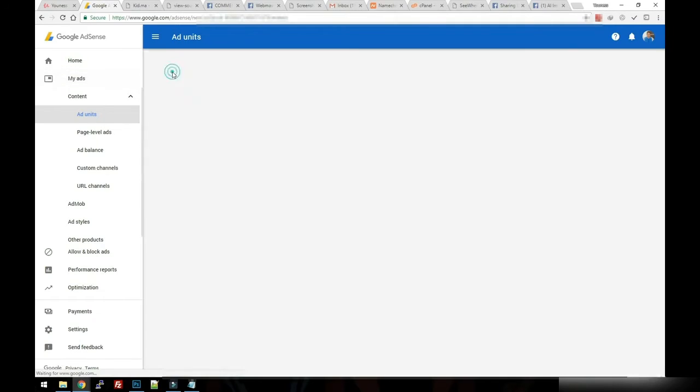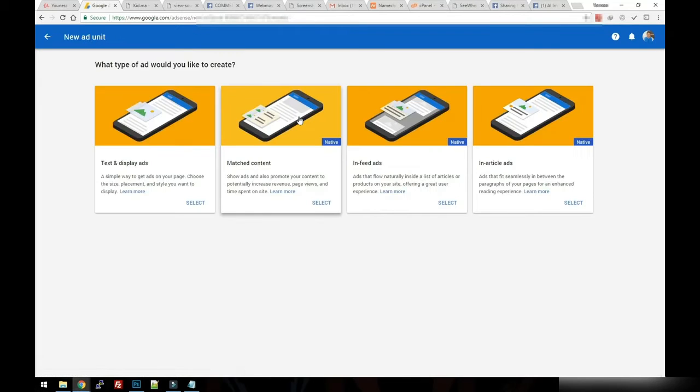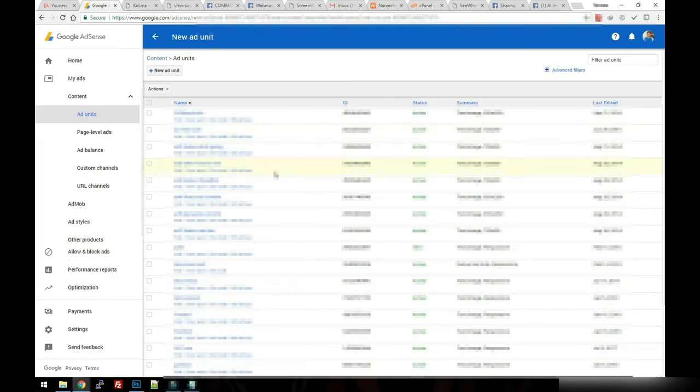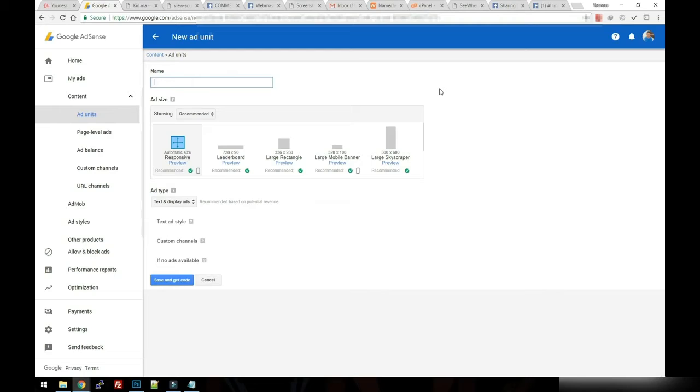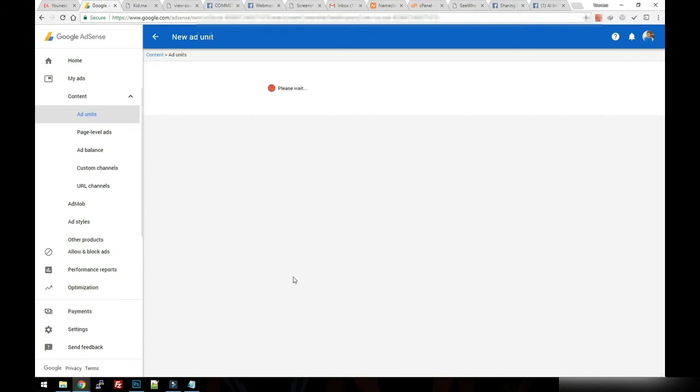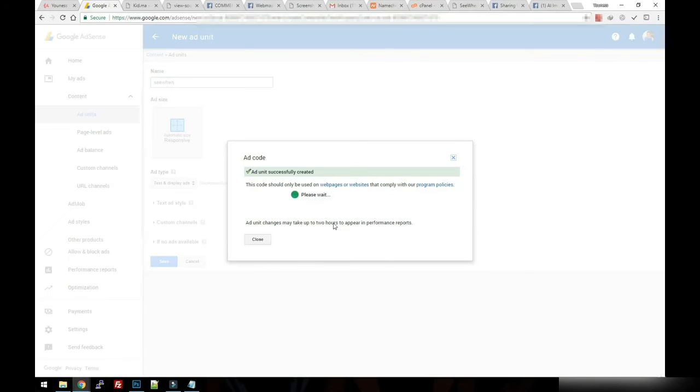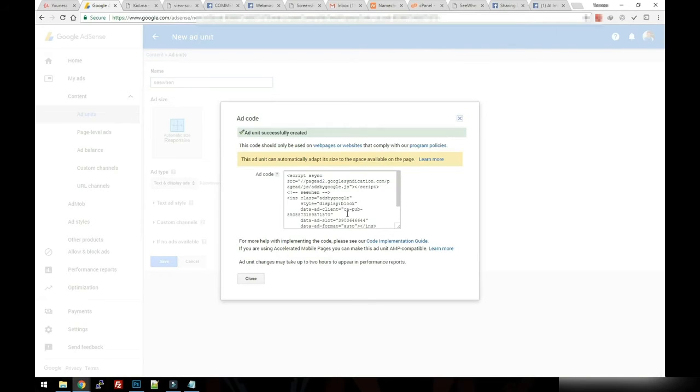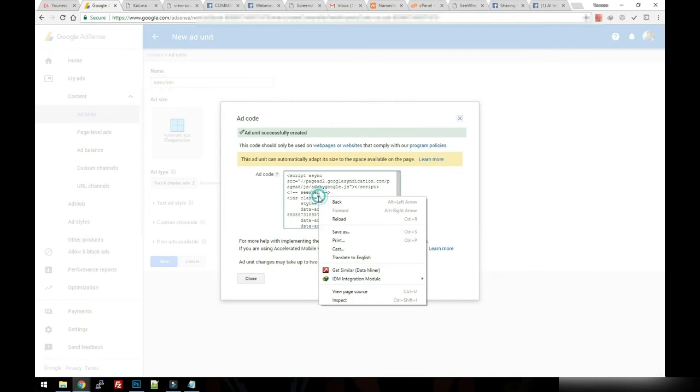Click on New Ad Unit. Then select Text and Display Ads. Now you can put any name, Cwin, and just click Save and Get Code. Now copy this code